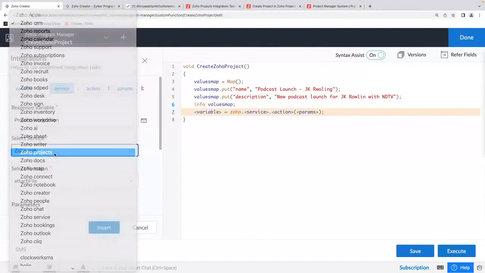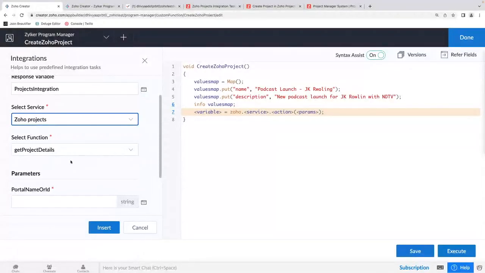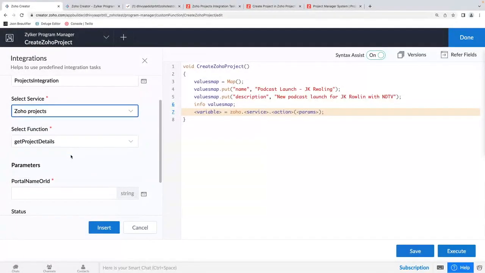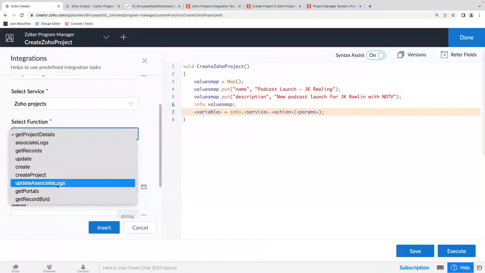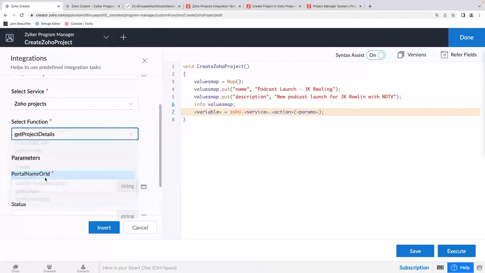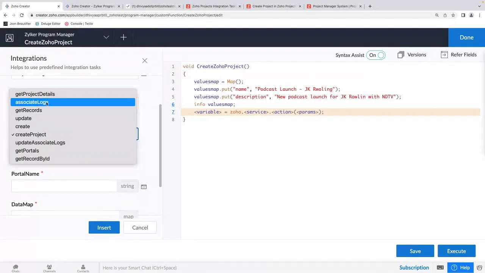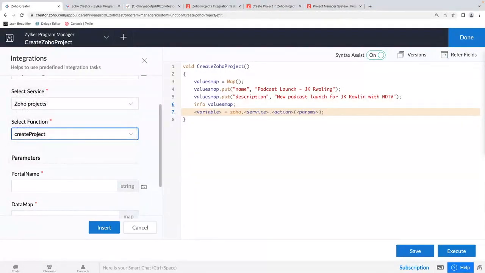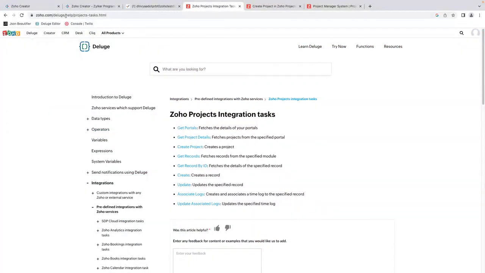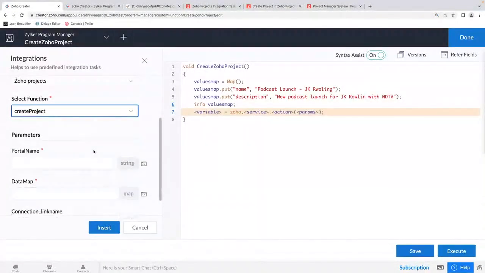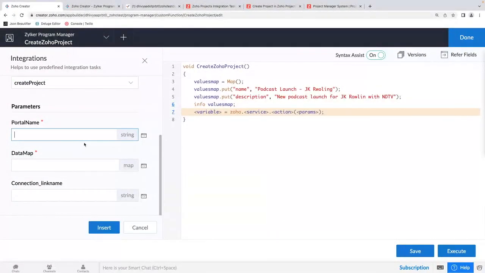Now here I'm choosing Zoho Projects. And what function am I trying to perform here? I'm trying to create a project. So I'll choose that particular function from here, create project, and it lists all of the other tasks that can be performed for Zoho Projects. Now that is what is shown in here. Okay, so now I'll say create project, and I'll give, now there's something called portal in Zoho Projects,